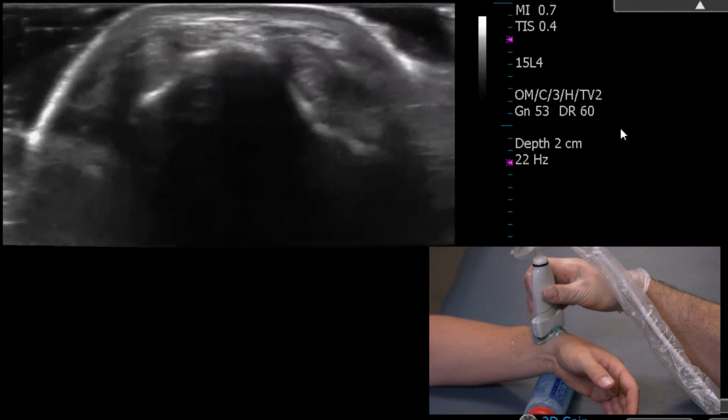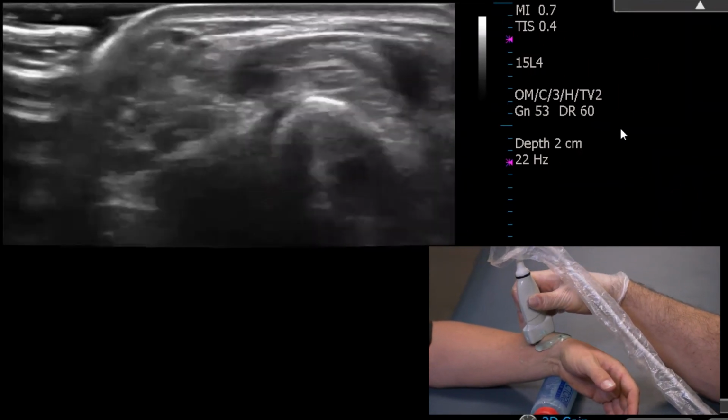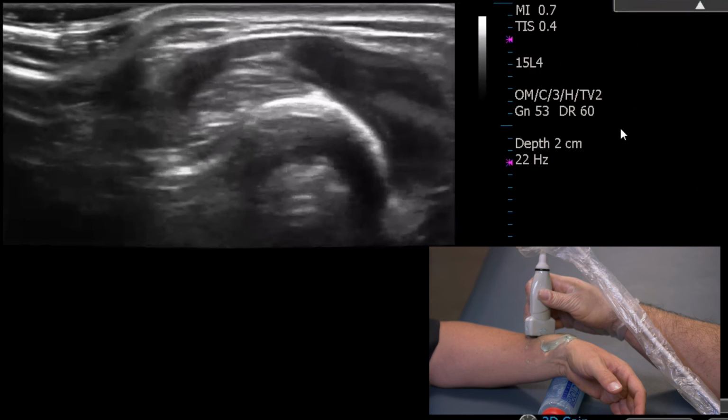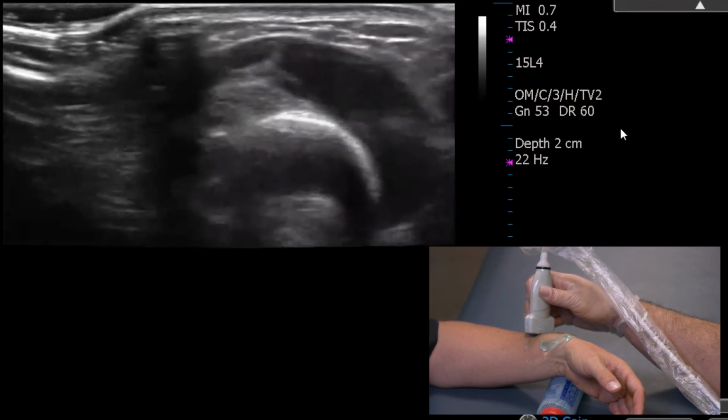Starting in short axis here. So a good way to establish where we're at, remember that the first compartment up at the distal third of the